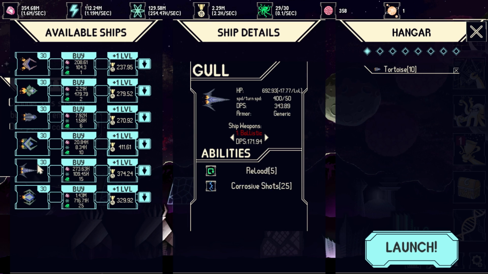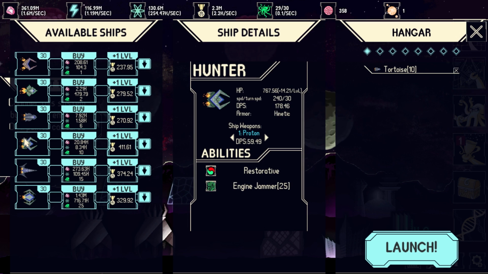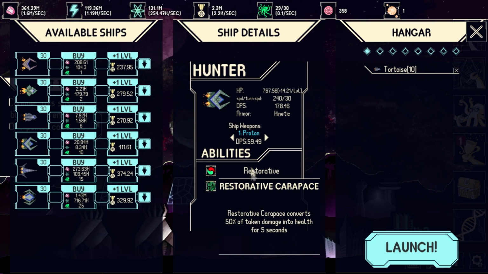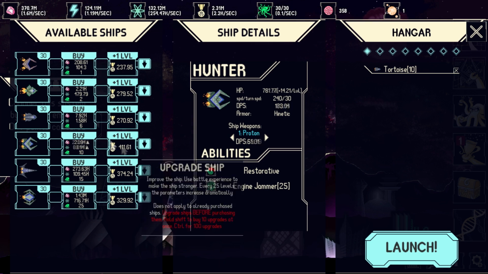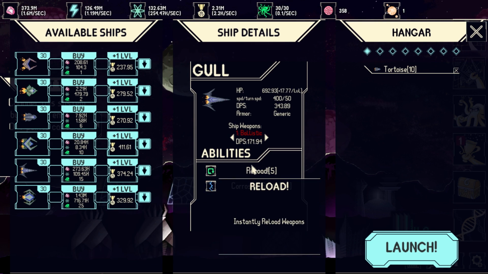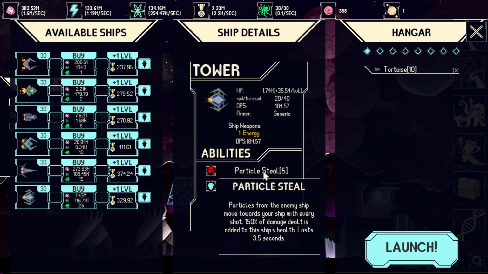I guess its DPS went up a lot there, huh? We have a tortoise, which is our healer. I get that. This guy converts the energy and jams. And I'm going to be so bad at controlling that. Instantly reload weapons each shot. Yeah, I feel like we just add one of each, but...